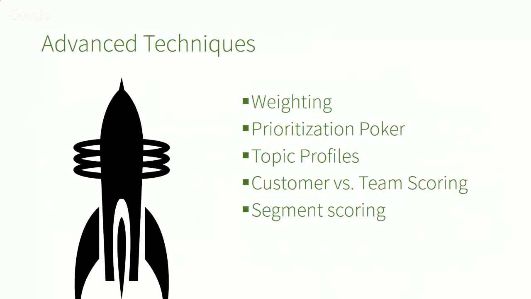There are some advanced things you can do as the process matures. You can think about weighting, as we looked at before, weight each criterion. You could play prioritization poker. So you could have different people kind of at the same time put out their scores. You could have a discussion before you actually update one of the columns, for example. I told you about topic profiles, these very simple PowerPoints that get all the information about the items in the list in the same format and allow people to study, to be prepared to make the best decision possible. We talked about